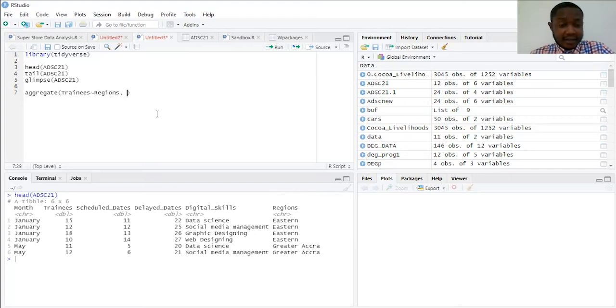Then the data sets. Our data set is ADSC 21. And what do we want to see? We want to see the number of trainees per region in this data set summed. So I want to see the total number of trainees per region. Read this line as: aggregate the number of trainees per region